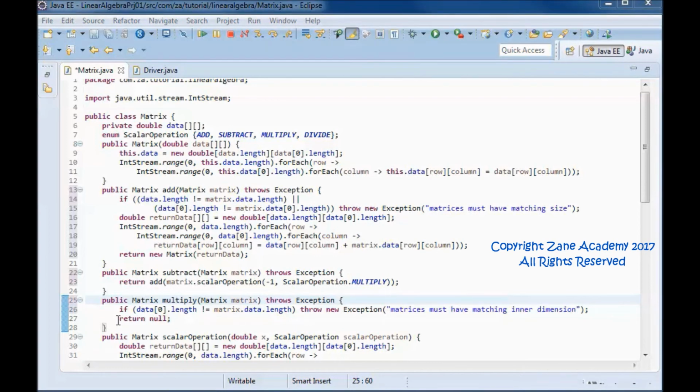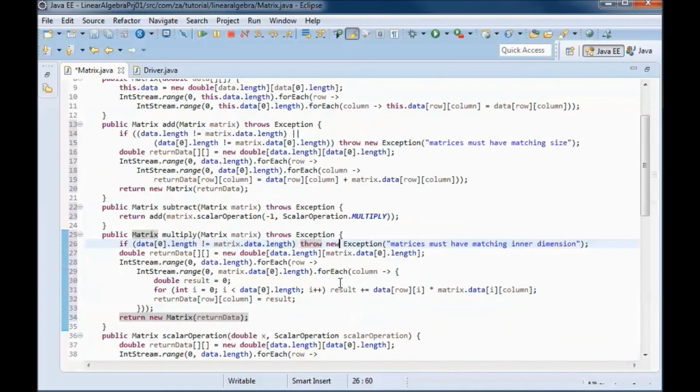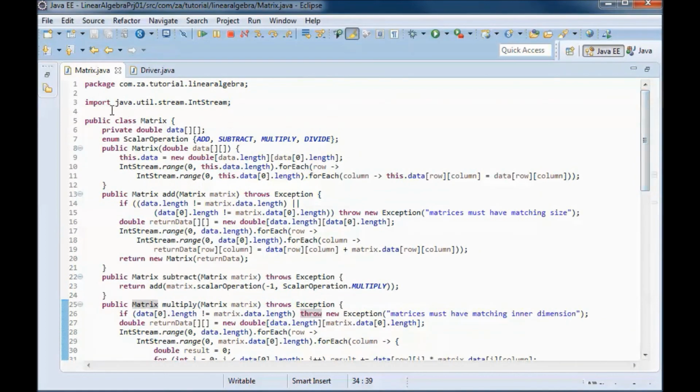And this code will perform the multiplication of the passed in matrix by this matrix and return a new matrix containing the result. So those are the operations that I want for now to implement in this class.